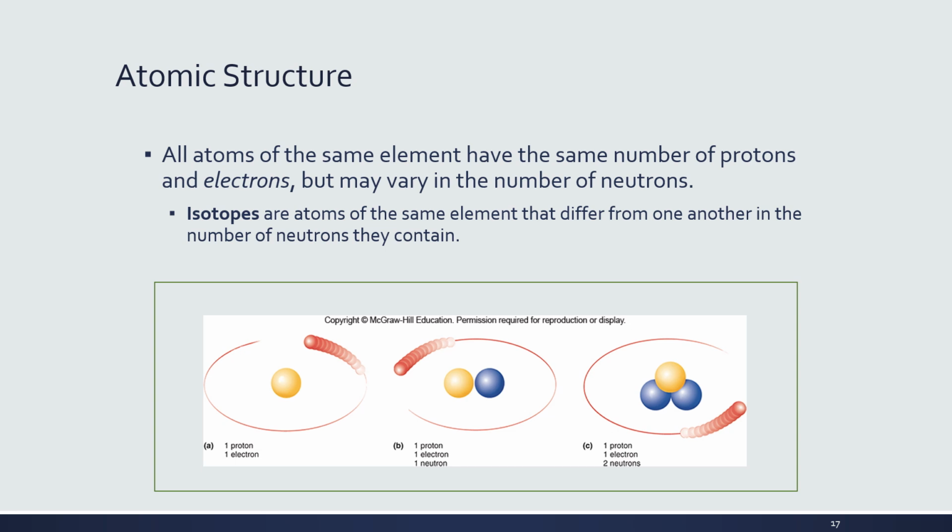Now, when we add protons and neutrons together, we usually calculate their weight, and that contributes about 99% of the weight or mass of that atom. We call that atomic mass. Now, some atoms might have a variation in the neutron number within that atom, and we call this